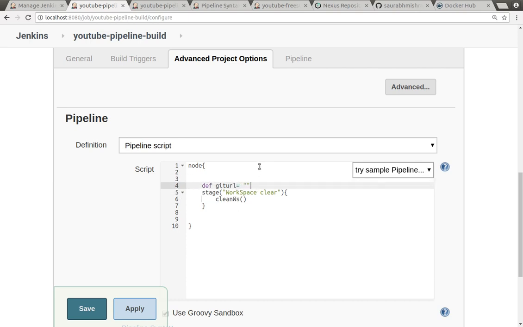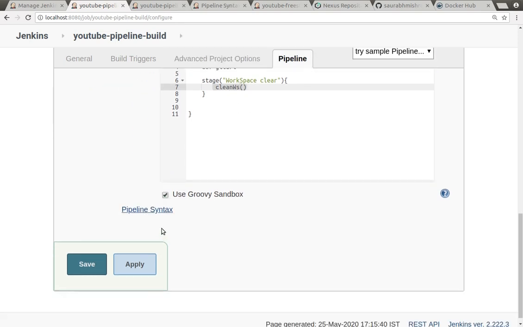Here I'm saying that I'll define a git URL inside this URL body, and the first stage is where I give the name of the stage, and after that I'm saying clean workspace as the script. This script is very handy, and you can even create the script dynamically by using the pipeline support below. If you see here, Pipeline is providing some syntax help.